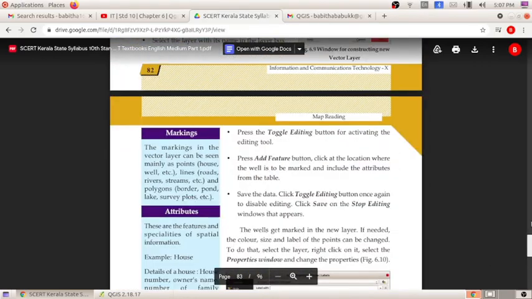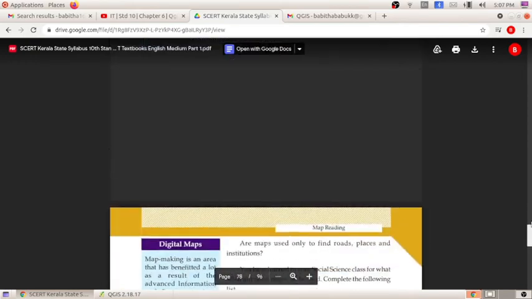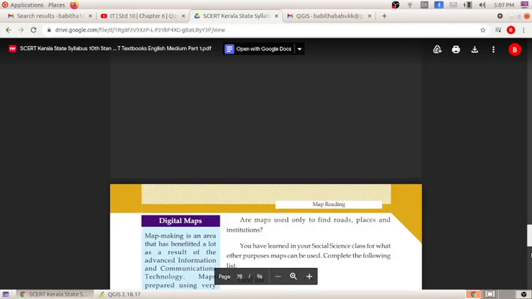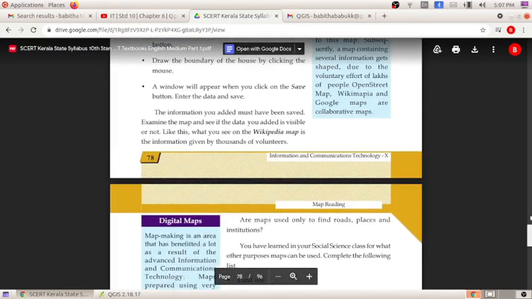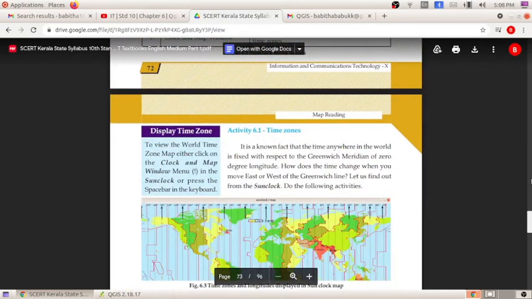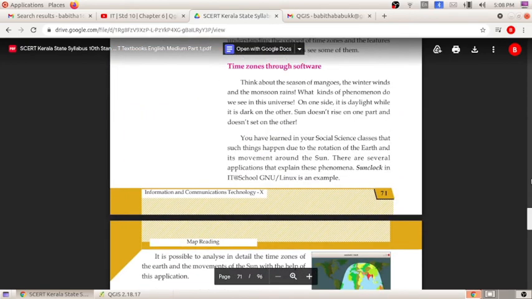It was a long chapter. So what all things have we studied in map reading? First, we studied about one famous software, and that software name is SunClock software. It is used to find out the time zones.